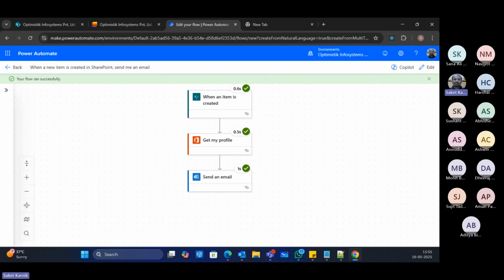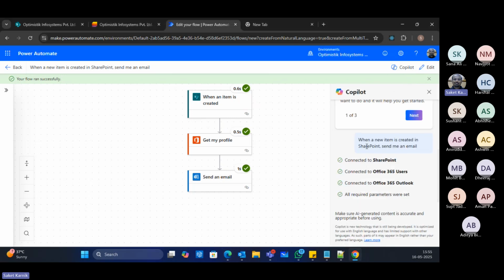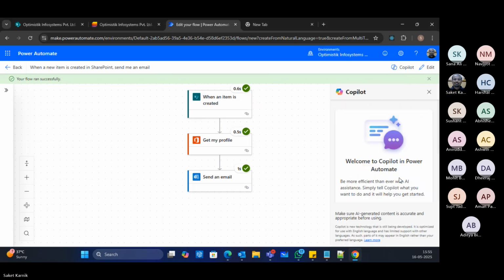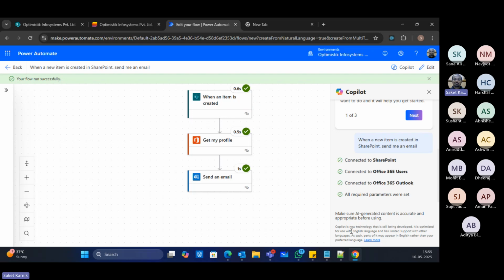It works the same for Eclipse IDE as well. Just that the configuration of Copilot might be slightly different from one to another because the platform, the tool itself, is different, right? And ultimately, we saw the Copilot here in the Power Platform as well. You can see Copilot is here, right?